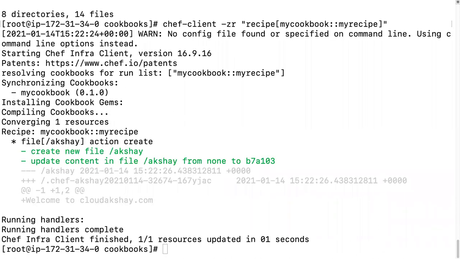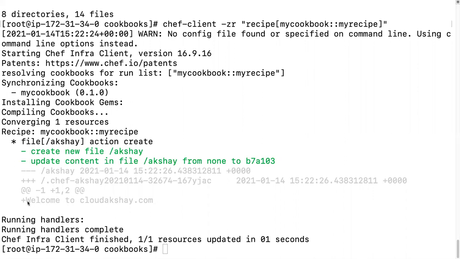So yes, our recipe ran successfully, and chef infra client finished, one resource updated in 1 second. Let's see, our code ran successfully. The file /Akshay is created. Action create new file /Akshay, and it also updates the content which we wrote in the /Akshay file.